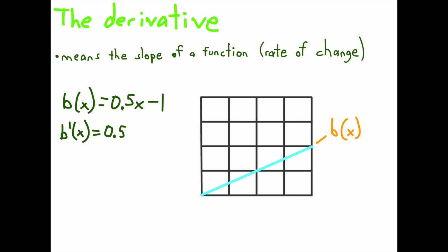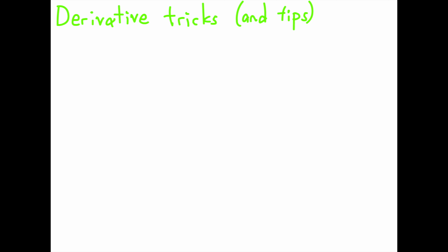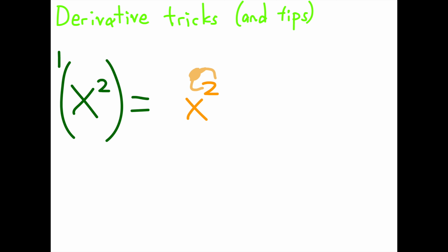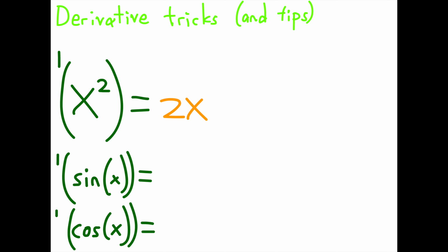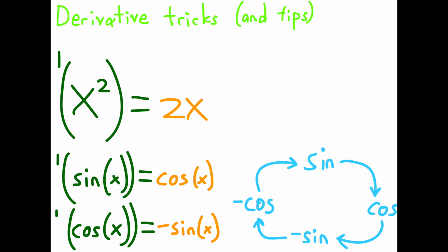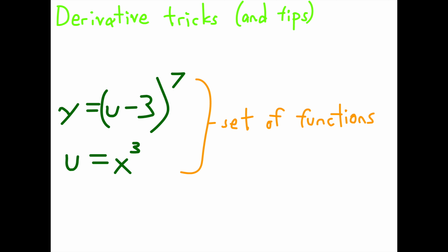The derivative of a function can also be represented by a tick mark if that function only has one variable. There are some tricks for calculating the derivative. If you have a power, for example, you can just grab that power, pull it down, and then subtract 1 from the original power. If you have a circular function, like sine or cosine, your math teacher will tell you to memorize this pattern.